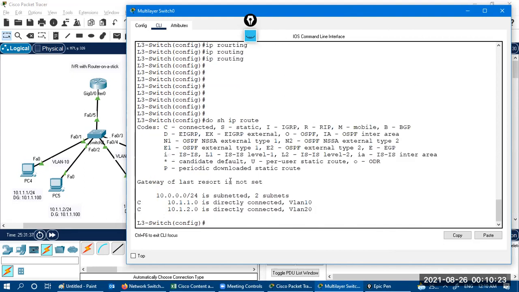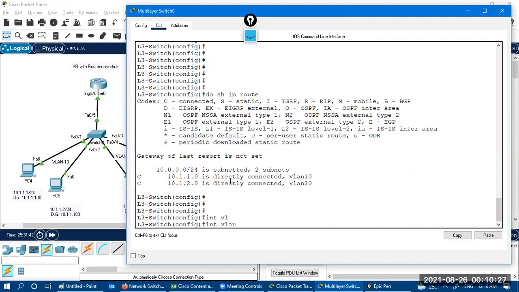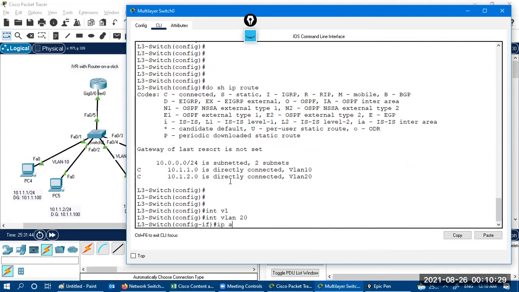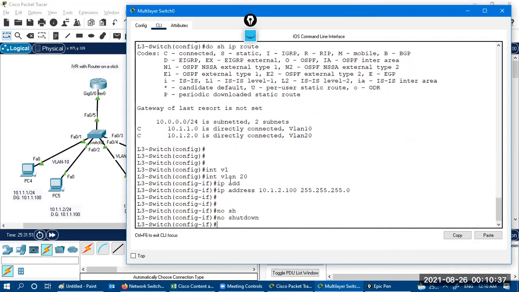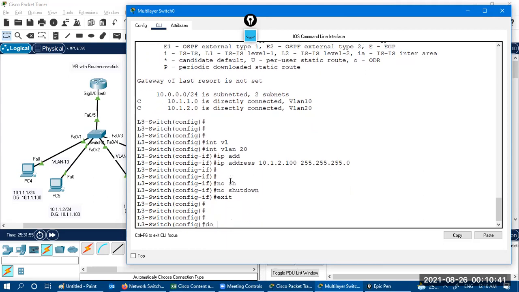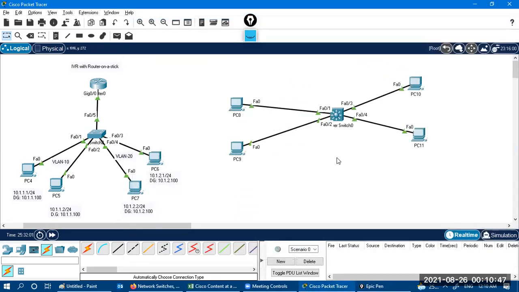Okay, I have made a mistake over here. So interface VLAN 20 IP address is 10.1.2.100 255.255.255.0. Then you have to say no shutdown, exit. So now everything is done over here.